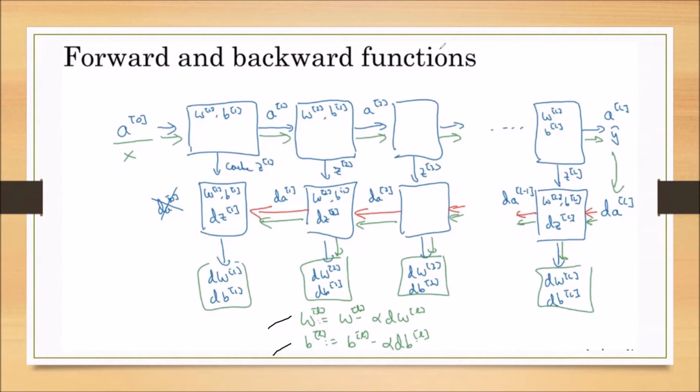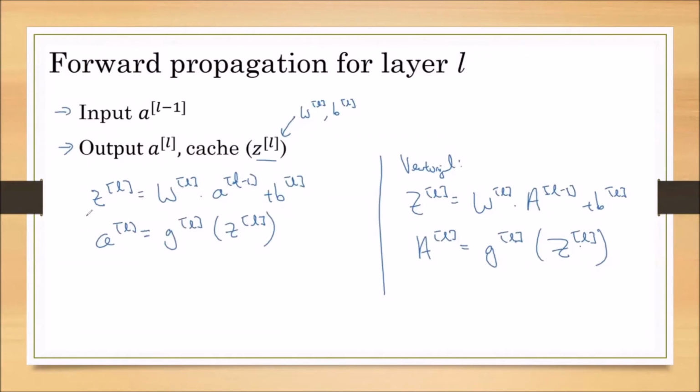Now our neural network is ready for the prediction. If you give one photograph, it is ready to tell who is there in this photograph, or to recognize whether this particular person is that person we are expecting or not. So in the forward propagation, the first step we are performing is ZL is equal to WL into AL minus 1 plus BL. The second step is AL is equal to GL of ZL. This G is the activation function.